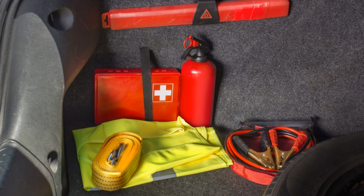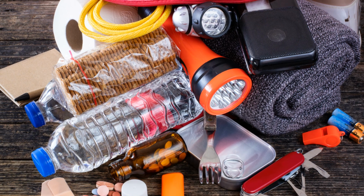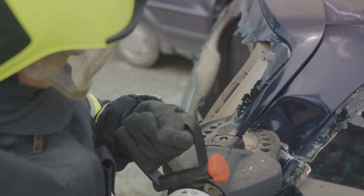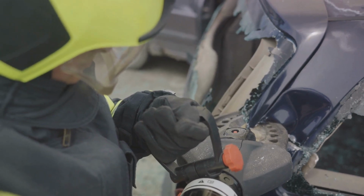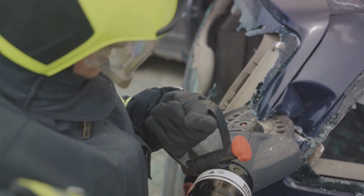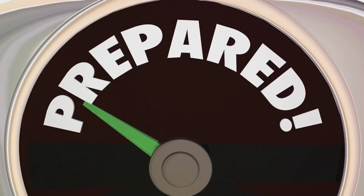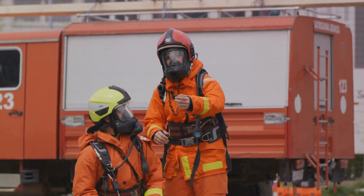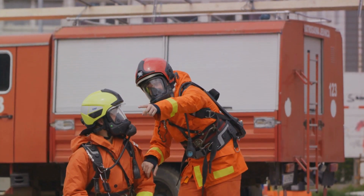Think blankets for warmth, extra clothing, and even high-energy food and water supplies. Also consider traffic hazard signs to alert other drivers of your situation. In an urban setting, you might also include a window breaker and seatbelt cutter. These tools could be lifesavers in certain scenarios, such as being trapped in a vehicle or needing to escape from a high-rise building. Remember, being prepared is not about fear, it's about empowerment. Having these specialized survival kits on hand is about equipping yourself with the tools and resources to manage whatever challenges